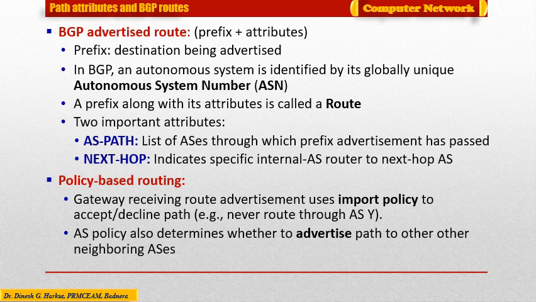Routers use this AS path attribute to detect and prevent looping advertisements. Specifically, if a router sees that its AS is contained in the path list, it will reject the advertisement and hence avoid the looping. The next important attribute in the route is next hop,